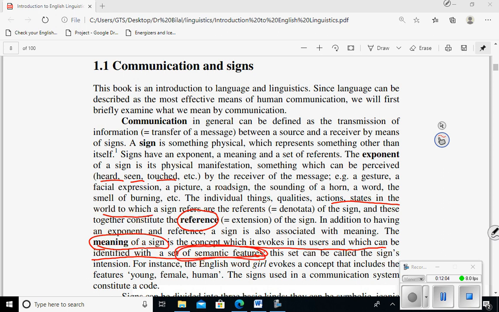What is meant here by a set of semantic features? It is better to understand the semantic features here as the words that are associated with certain other words. As the examples we already told you about the word